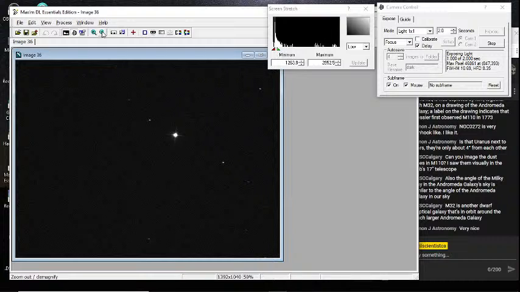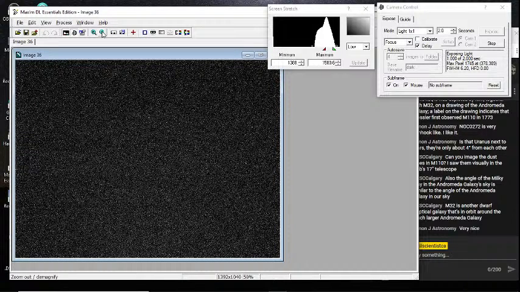There we go, that's the right one. Let's get that centered, get close to center. And the telescope will slew over to M77.